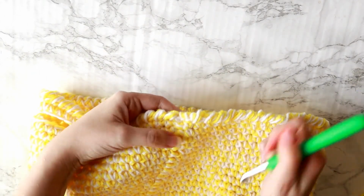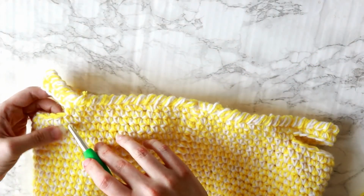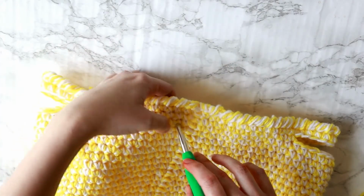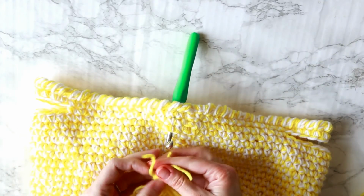I made a total of 10 tassels, but you're welcome to make fewer or more than that. And I made it in 2 colors, the same colors that I used for my basket, but as I mentioned before, I made it solid colors instead of the marble effect. Once you have all your tassels, you just have to place them in your basket. To help myself, I am using my crochet hook, and I am going to place it just below the handles. I'm going through the back to the front,